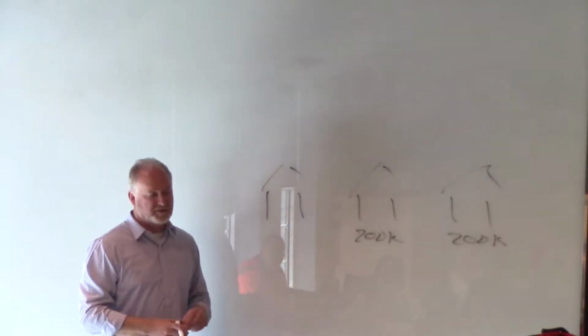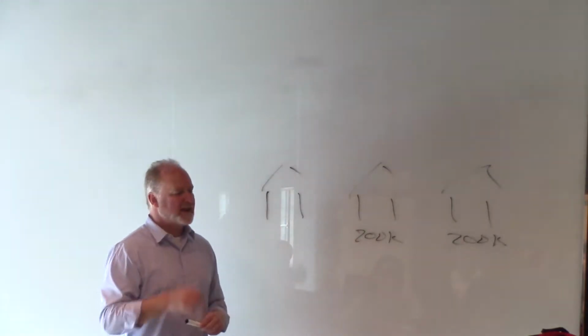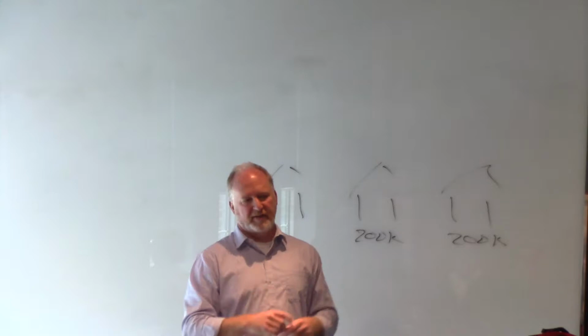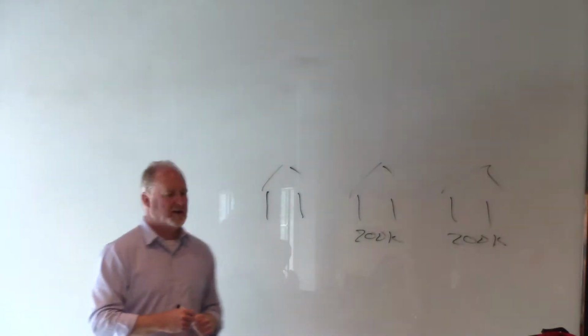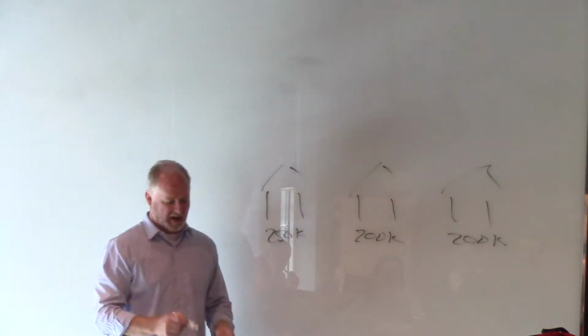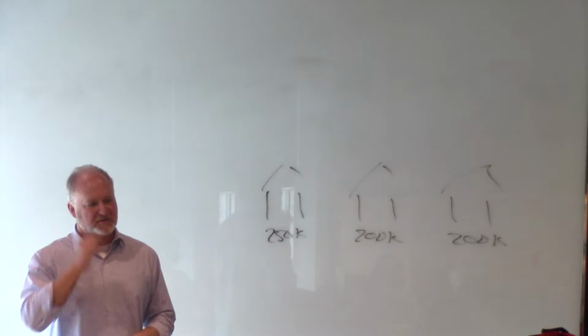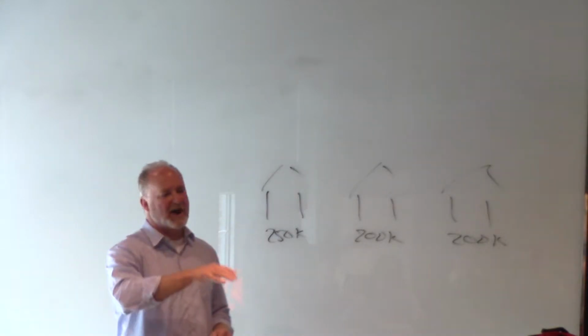You think it's going to sell for around $200,000, right? But you're sitting there with your seller. And you said, hey, Mr. Seller, how much do you believe your house is going to sell for? And the seller's going to say, well, I believe I can sell my house at $250. Okay? Why is the seller going to say that?